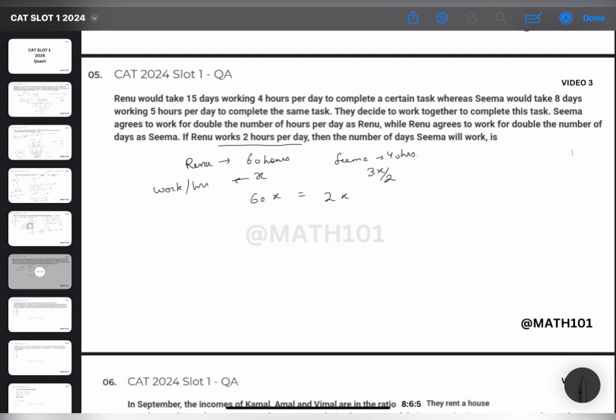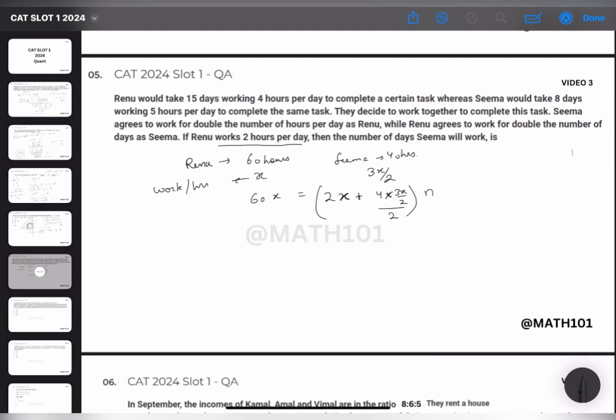So she works 2 hours per day, and every hour she works x amount, so 2x per day. Seema works double the number of hours per day, that is 4 into 3x by 2 per day, but as she works half the days, we will divide by 2 again. This into the number of days n,